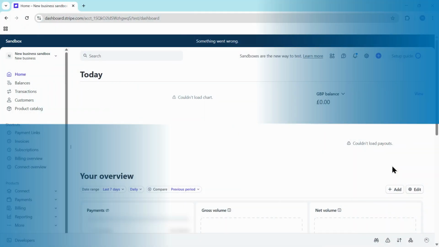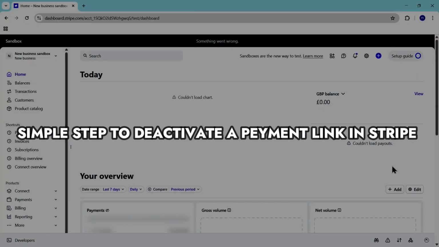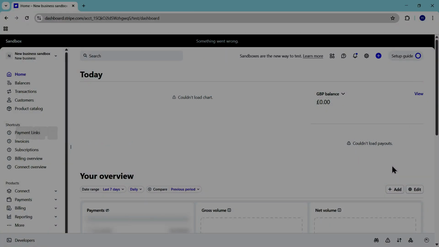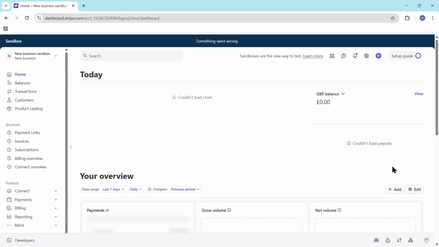In this video, I'll walk you through the simple steps to deactivate a payment link in Stripe. To get started, head over to the Stripe website by entering stripe.com in your browser and sign in to your account. Once you're logged in, navigate to the Home section, then look for the Payments area where all your transactions